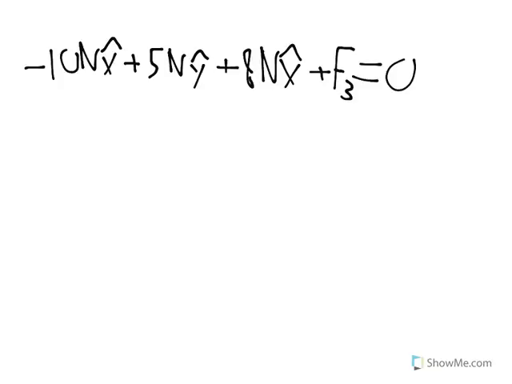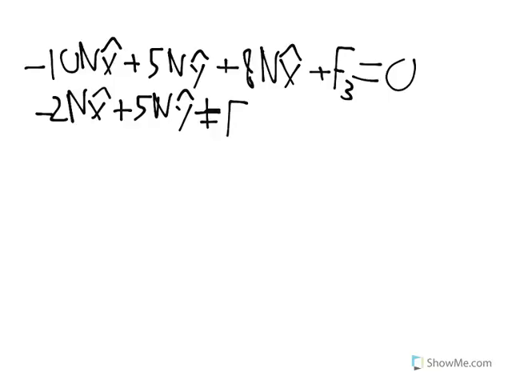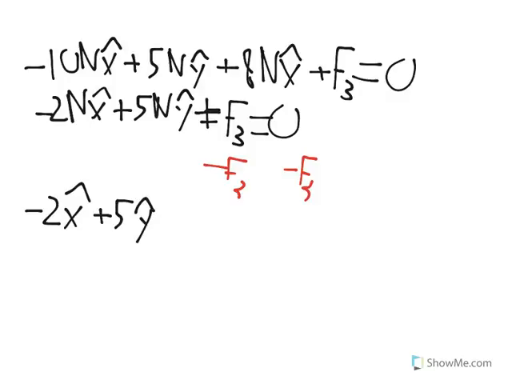We can combine some of these terms. Negative 10 plus 8 is negative 2. So negative 2 newtons in the x direction plus 5 newtons in the y direction plus force 3 equals 0. Now let's subtract force 3 from both sides. And that'll leave us with negative 2 in the x-hat direction plus 5 in the y-hat direction. The unit's still newtons, but I don't feel like writing it out again. Equals negative force 3. Multiplying by negative 1 gives us 2 in the x-hat direction minus 5 in the y-hat